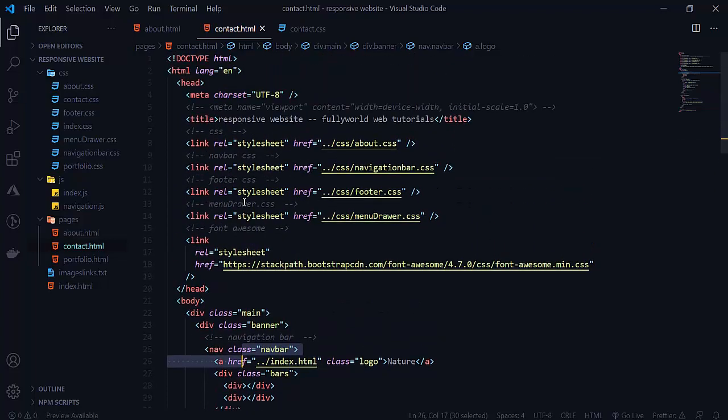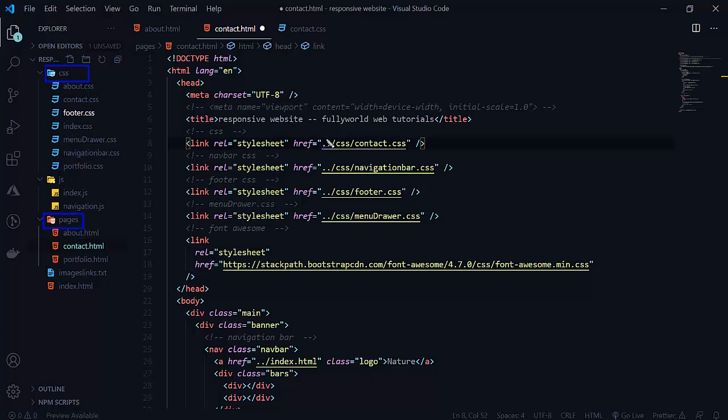Now let's move to the CSS. In CSS we want our Font Awesome, as well as the menu drawer, footer, and navigation bar CSS. But here I want contact.css instead of about.css. Here I will write contact.css. See that the double dot means we are under the pages folder here, but our CSS file is under the CSS folder, which is outside the pages folder.